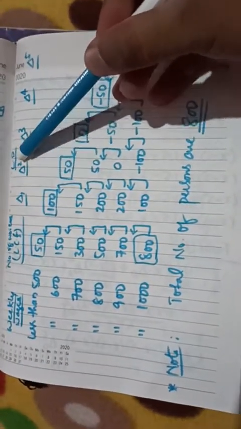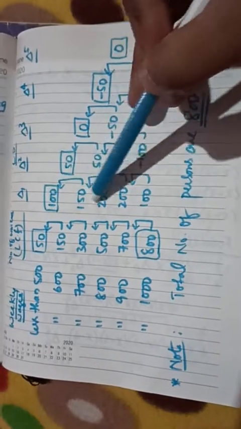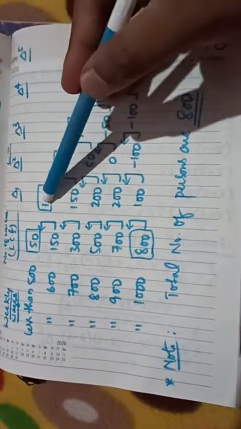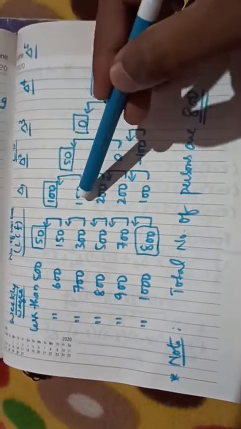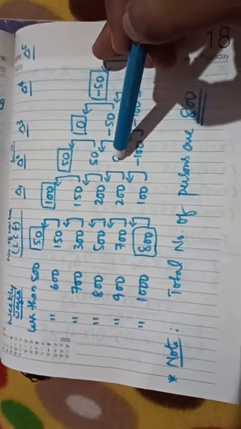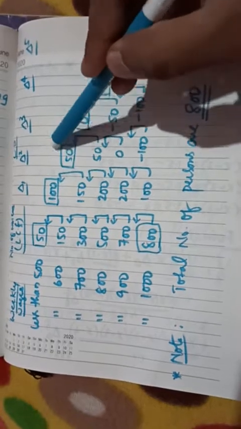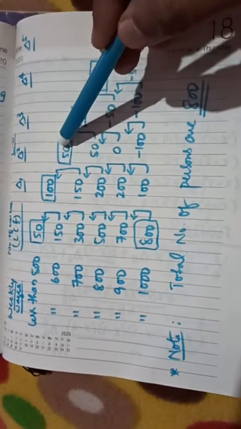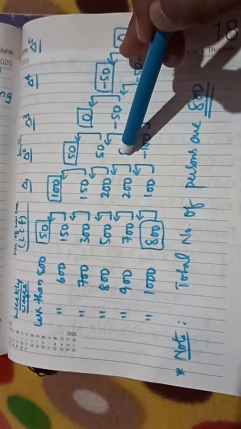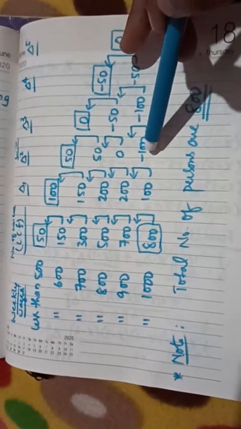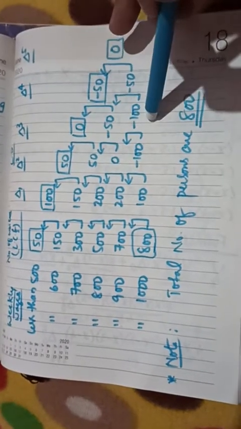Next, delta 2: 150 minus 100. See, the first 6 observations we converted to 5 by doing the forward differences. Now these 5 should be converted to 4. 150 minus 100, 50. 200 minus 150, 50. 200 minus 200, 0. 100 minus 200, minus 100. From 5 to 4 you converted. Next, from 4 to 3: 50 minus 50, 0. 0 minus 50, minus 50. Minus 100 minus 0, minus 100. So from 4 to 3, the third leading differences we have done.